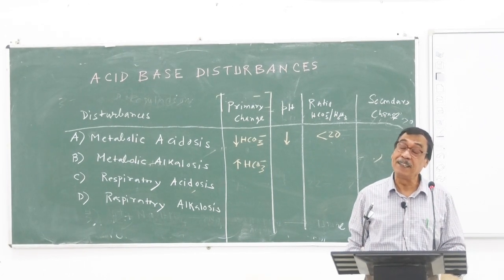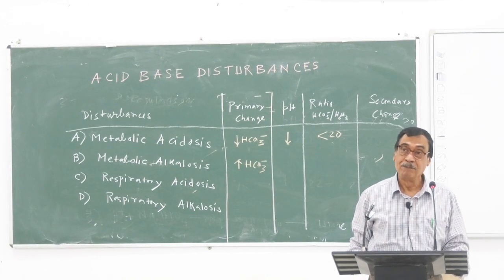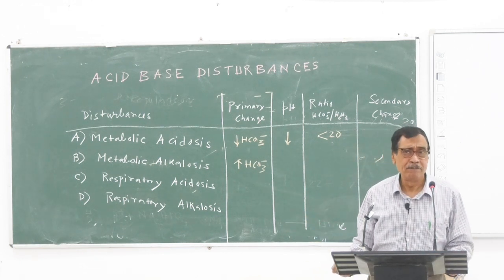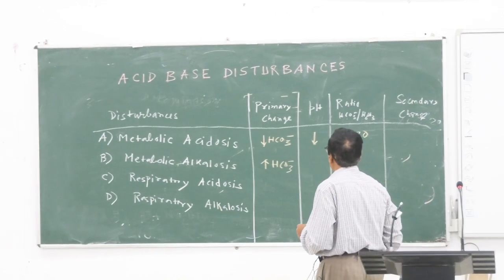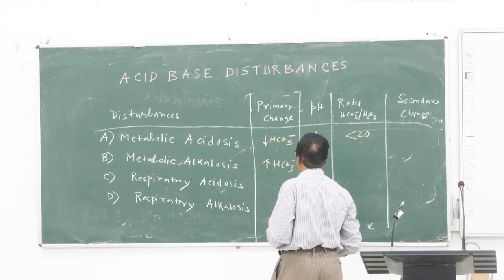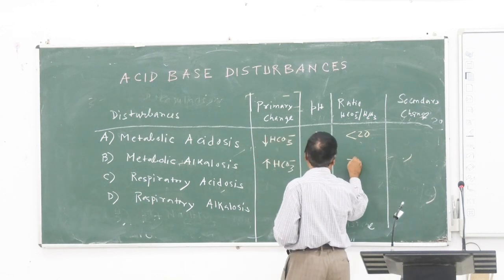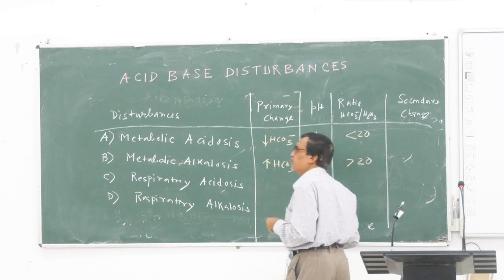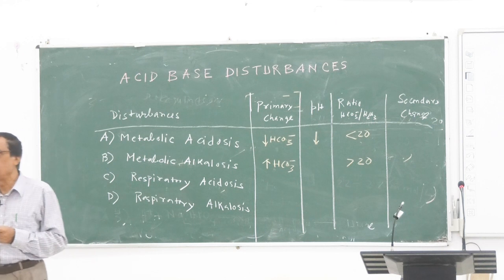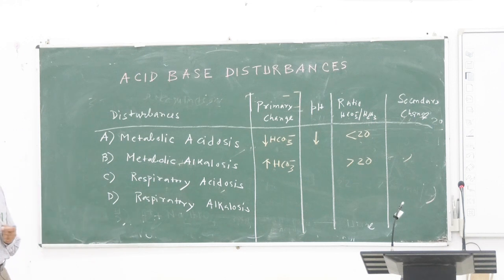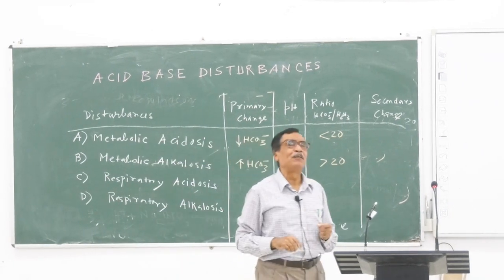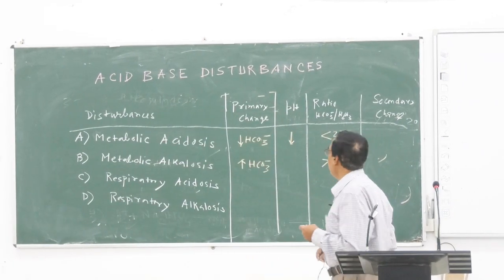Decrease means it is less than 22 millimole per liter. যদি নরমাল রেঞ্জ থাকে তাহলে কোনো অ্যাসিডোসিস অ্যালকালোসিস হবে না। এটা যদি ডিক্রিজ করে, ইনক্রিজ করে, তাহলে রেশিওটা কি হবে? 20 বেশি হবে। চিন্তা করো সেই রেশিওটা, বাইকার্বনেট বাই কার্বনিক অ্যাসিড, নরমাল রেশিও 20, বাইকার্বনেট বেড়ে গেল, রেশিও বেড়ে গেল।